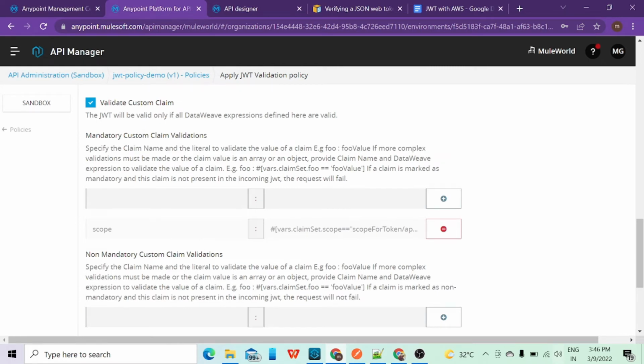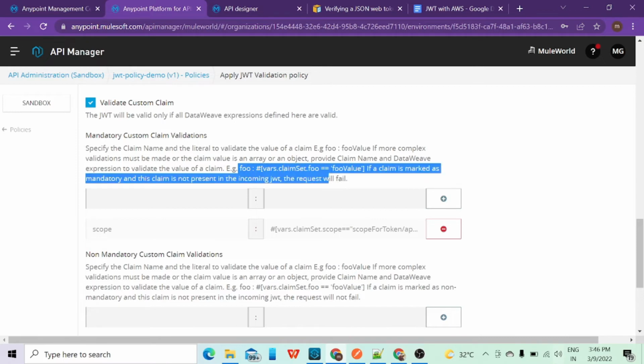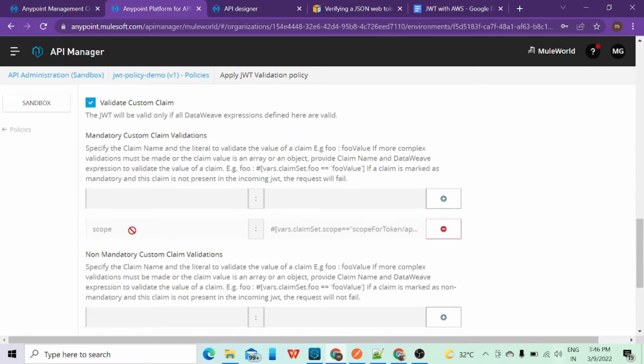In this, we have the format something like this. So in this format, you need to pass. So here I have specified, so this is the scope. This is the example. So I have given the scope here, and the rest of the thing will be the same. So wherever the foo is written, you need to replace it with the scope part. So I have written here